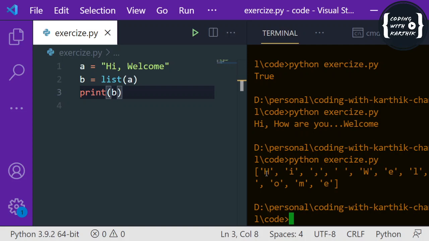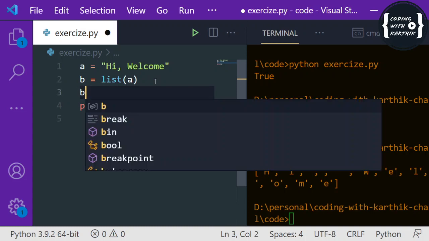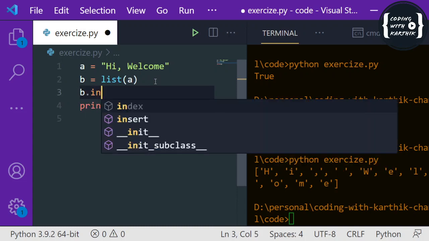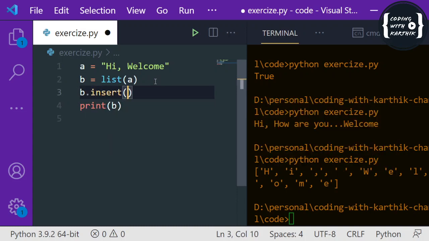So here you see each character is coming as an element in the list. Since we are converting the string to a list using the list typecasting method, that's why b becomes a list.